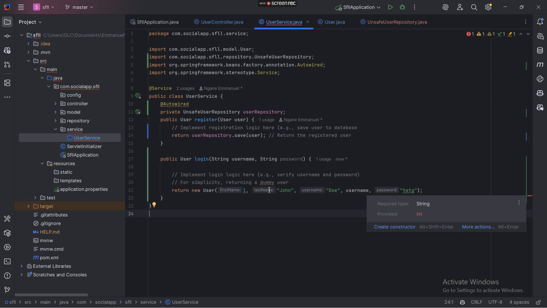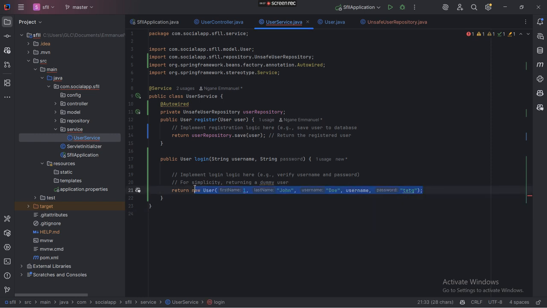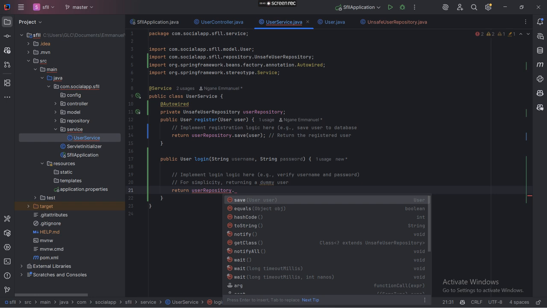We're going to call the repository area, or that's what we are going to do. We're going to call the user repository dot, right, and how do we want to log in? Okay, we want to say,